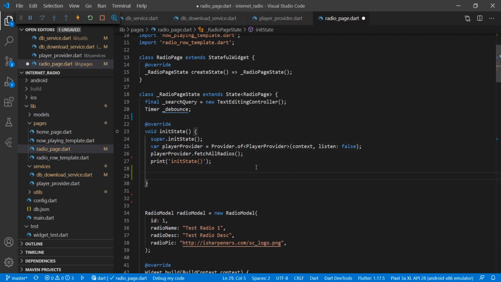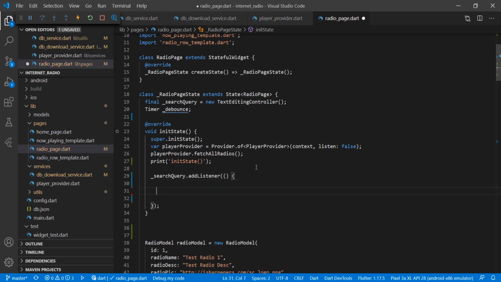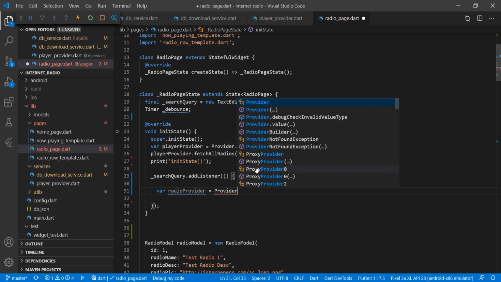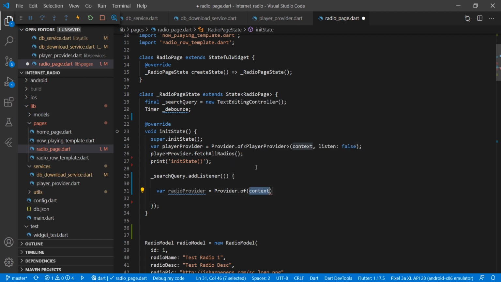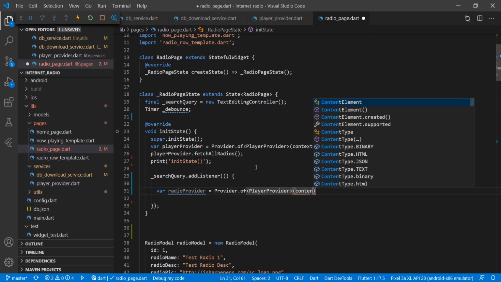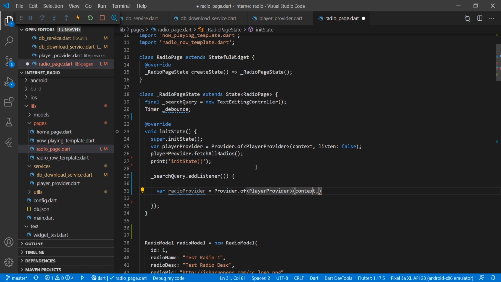So now we will create a listener for that search query. We will add searchQuery.addListener, and here we are calling our method: var radioProvider is equal to Provider.of, and here we are providing our provider name PlayerProvider, context, and listen is false.